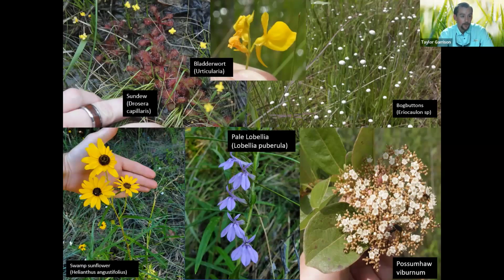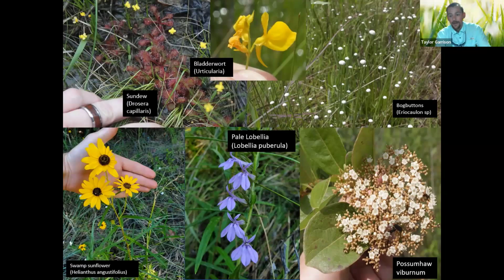And so plants like these carnivorous plants have adapted to eat living things to make up for that nutrient deficiency. We also have bog buttons, which can dominate some of these bogs after a fire. In the top right, so little tiny white buttons there. And there's several species in Texas. And in fact, there is one species that is globally rare and an endangered species found in a few of these Texas bogs. Occupying the margins and within the bogs, again, are the swamp sunflower in the bottom left.